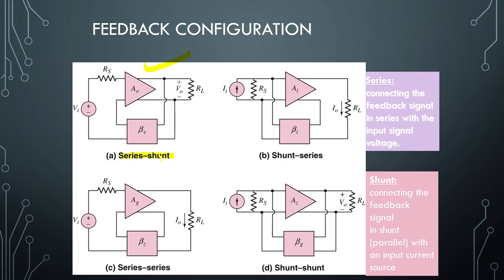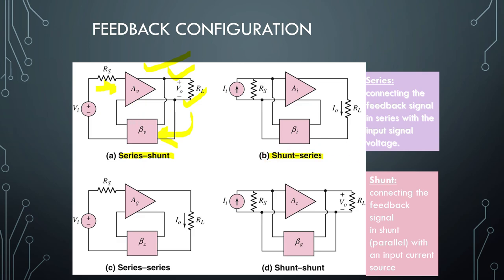If it is series shunt, what is the meaning of series shunt? Once again I am explaining in simple language. You have to remember that series means connections in series, and shunt means in parallel. Series shunt means at the input we are giving feedback in series, but at the output the feedback will be taken with a parallel connection. From the output we are taking feedback and giving it to this beta block, but these are connected in parallel. This one is not connected here, it is connected to this one, and this bottom line is connected to this one. So these are the shunt, series shunt.